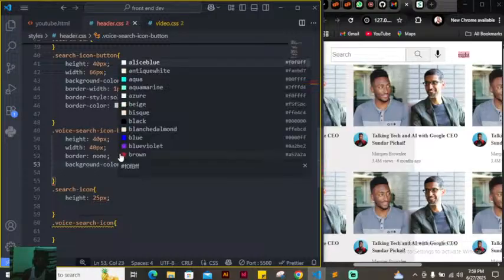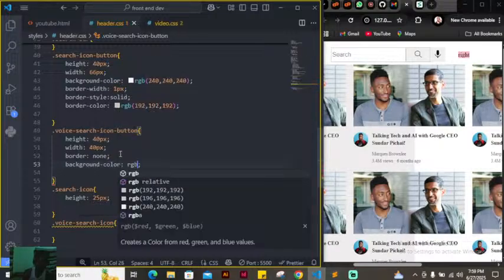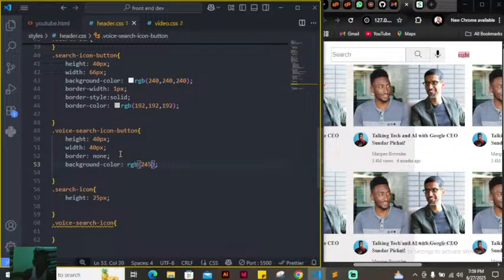The background color, I'll give it RGB also. Let's give it 245. It's also a milky white, 245. So that's what I have here. So if this concept is okay,